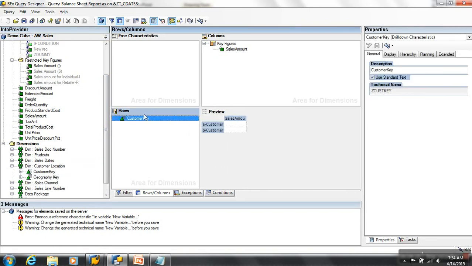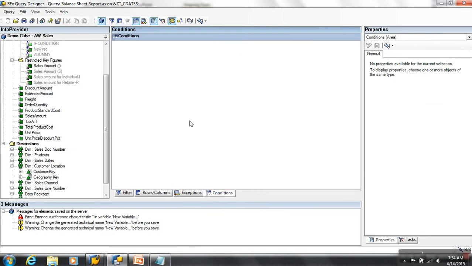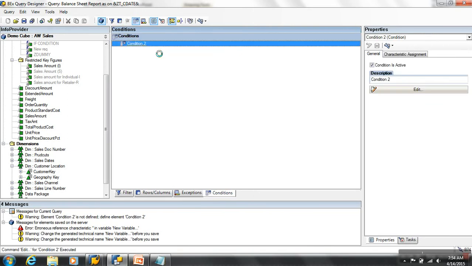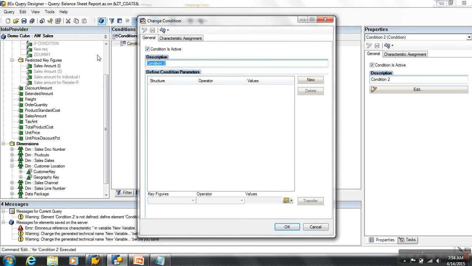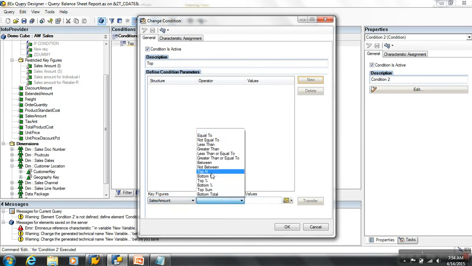I got sales amount and customer key, and when I run it, it's going to show me all the customer keys and their amount. But I want to see only top customers. New condition, I'll say top, based on what? Sales amount. I would say top n, but I don't want to fix it to 5 or 10. I want to take input from the user.